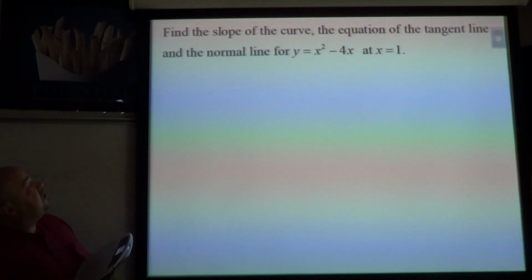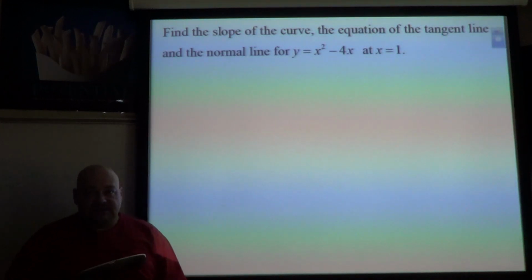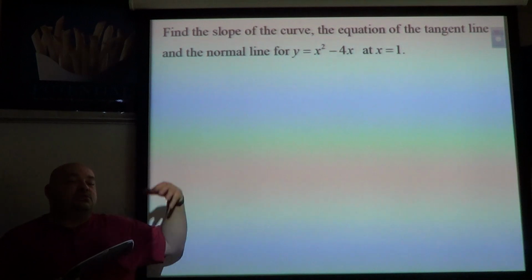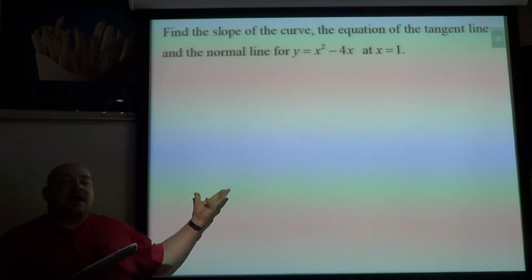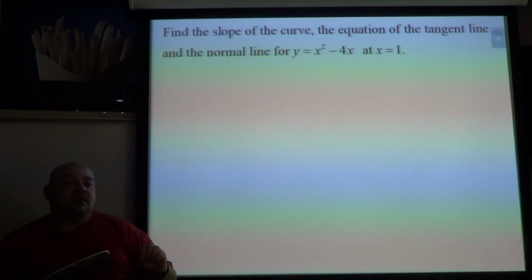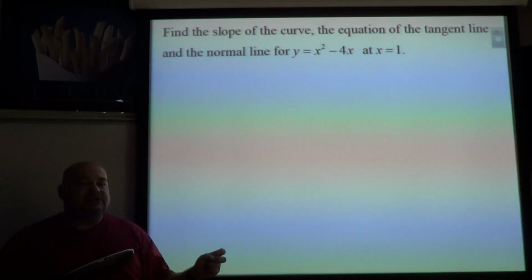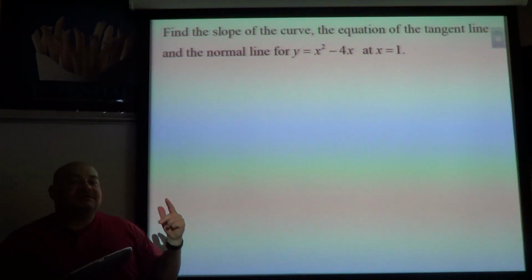Okay, find the slope of the curve and the equation of the tangent line and the normal line for y equals x squared plus 4x at x equals 1. You guys try that. Since you know how to do it, we've looked at some examples. Figure out if you can find the slope, put it in point slope form to get the equation of the tangent line, then do the negative reciprocal of the slope to get your